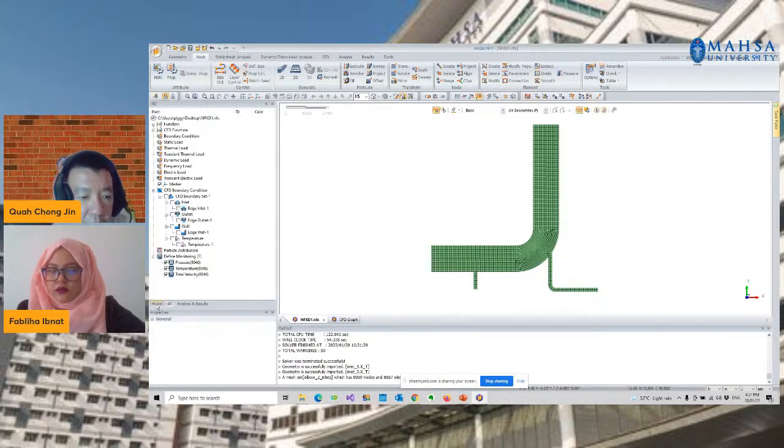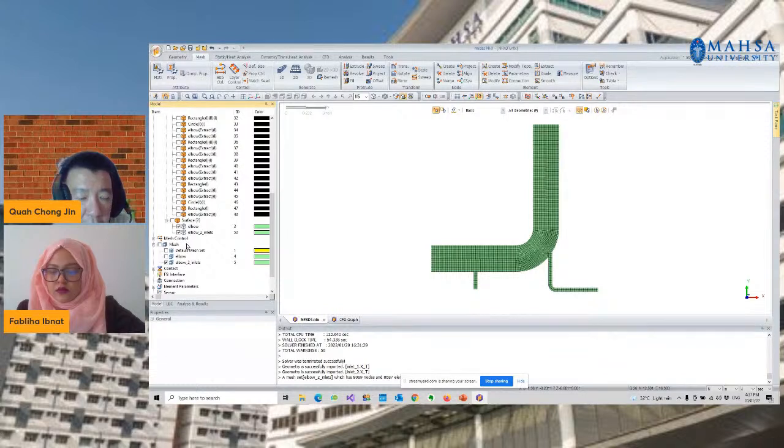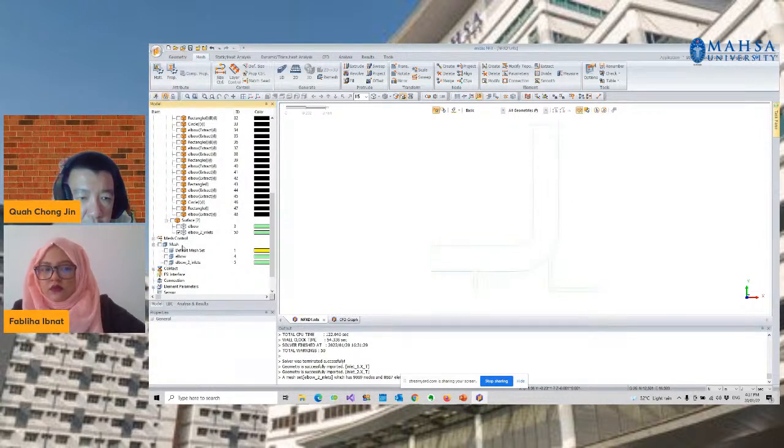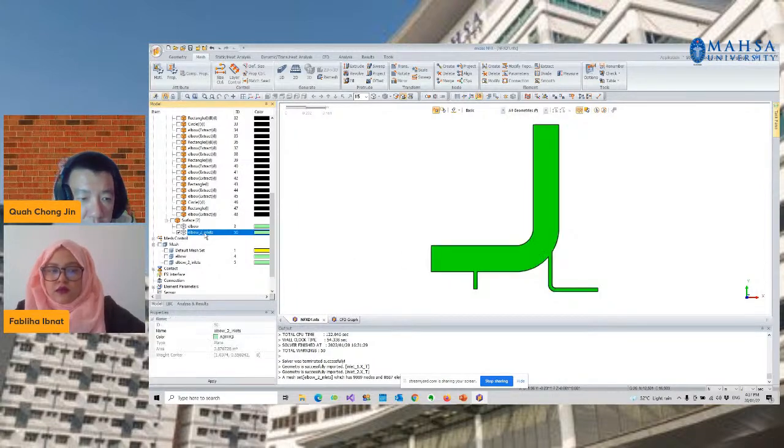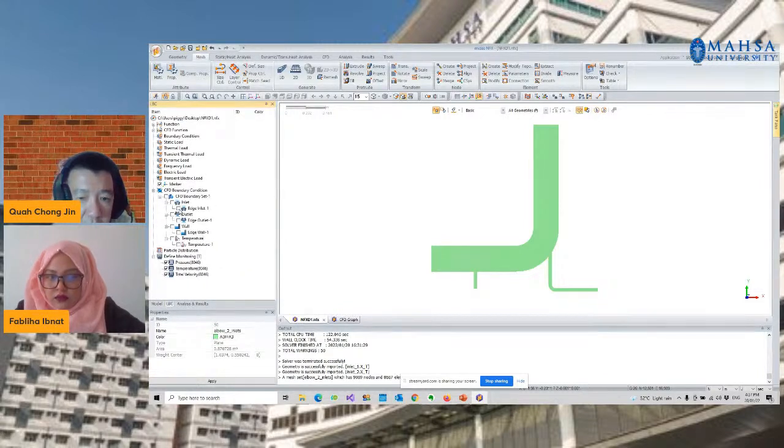Let's verify that we have created the right locations for the boundary conditions. Let's unselect the mesh, then we'll be able to see the model here. Let's put it into shading and check the inlet.